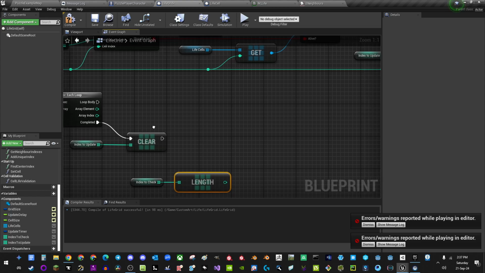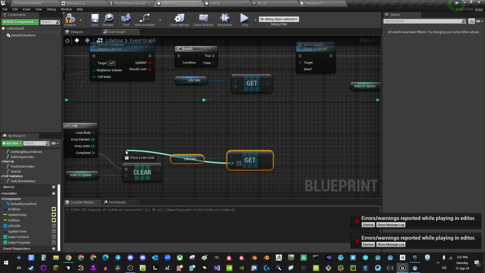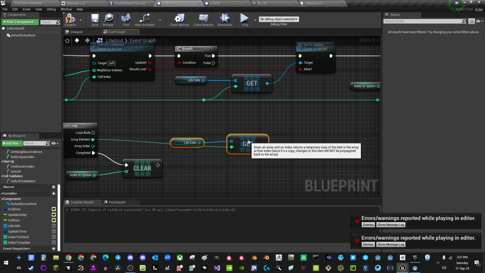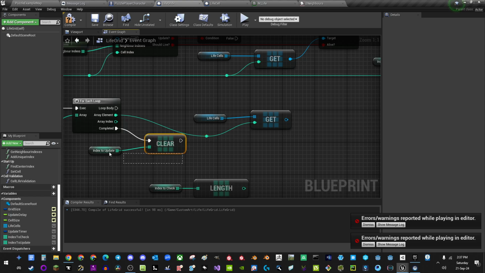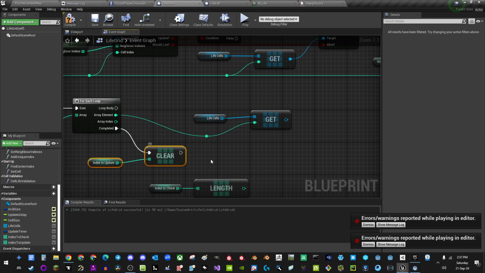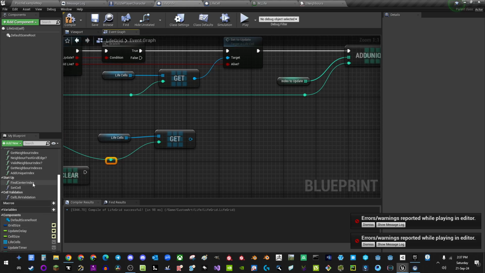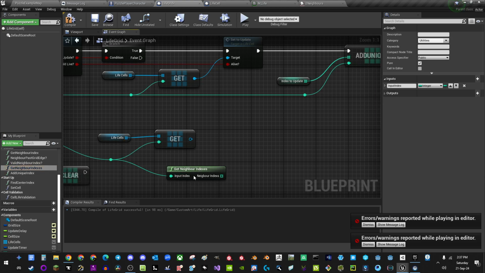Hold on. Okay, we're going to finish this. I'm getting distracted. Okay, array element. I'm kind of rushing through this because as soon as we finish this, then it works. If it doesn't work for you, just let me know, and I can probably help you debug, if that's something you want help with. Get neighbor indexes,